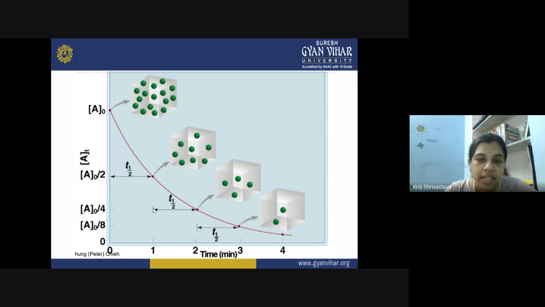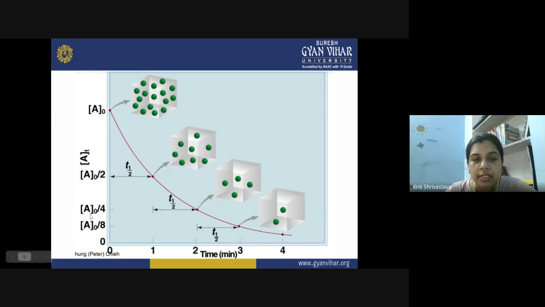So here you can see a detailed explanation of the different half lives. Suppose we have started our reaction from this point. This is the original initial concentration of species A, the reactant A, and we denote it by the A naught expression. So this is the initial concentration. Now the reaction has started. So this is at the time T is equal to 0.